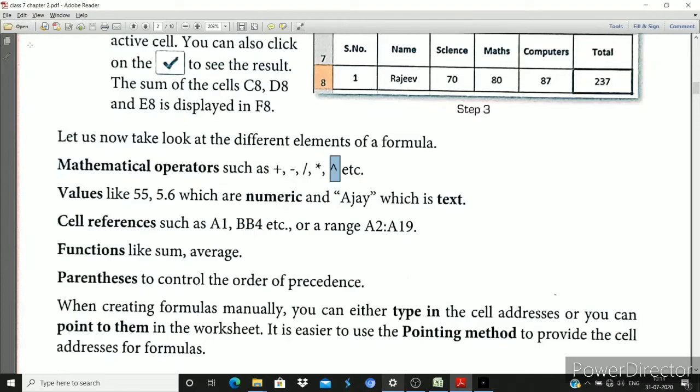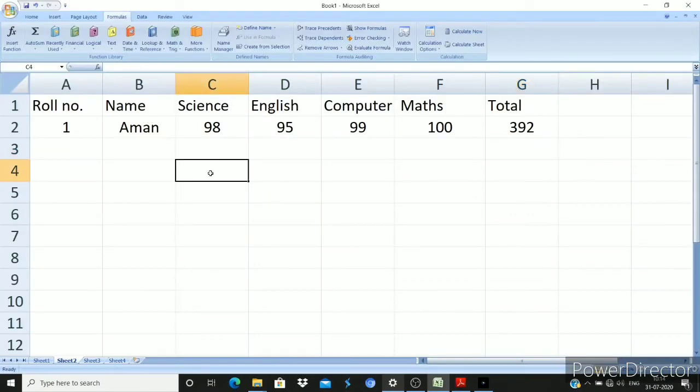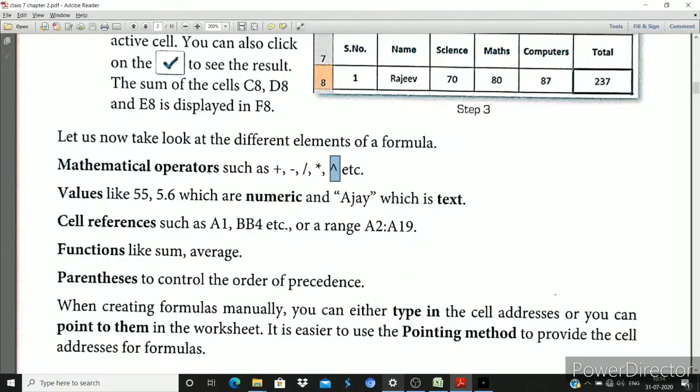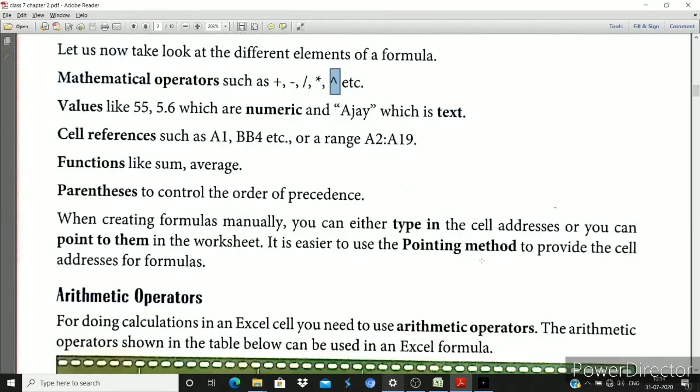Okay, so now talking about the parenthesis, what is the meaning of parenthesis? So to control the order of precedence. So ये जो आप लोग ब्रैकेट देखते हैं, ठीक है, just like this. Okay, so these brackets are known as parenthesis. ये आपके फॉर्मूले के अंदर वैल्यूज का प्रेसिडेंस ऑर्डर डिफाइन करते हैं कि पहले क्या होने वाला है. ओके, सो नेक्स्ट पार्ट में हम लोग देखने वाले हैं कि किस तरीके से करते हैं. सो when you are creating a formula manually, you can either type in the cell address, okay, and you can